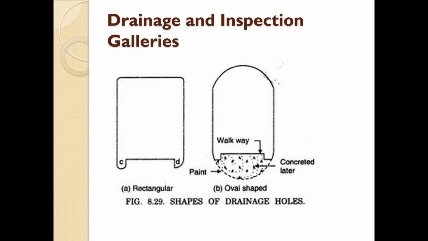Then the second is the inspection gallery. The water which seeps through the body of the dam is collected by means of a system of galleries provided at various elevations, say at a height of 15 meters or so, and those are interconnected by vertical shafts, etc. All these galleries, besides draining the seepage water, serve the inspection purpose. They provide access to the interior of the dam and are therefore called inspection galleries. However, galleries of the dam are seldom provided for purely inspection purposes. They generally serve other purposes along with this purpose.